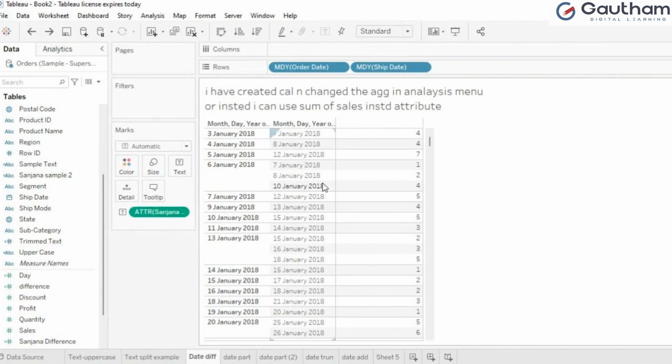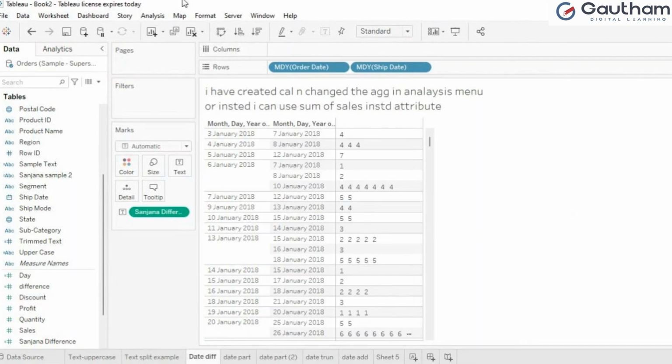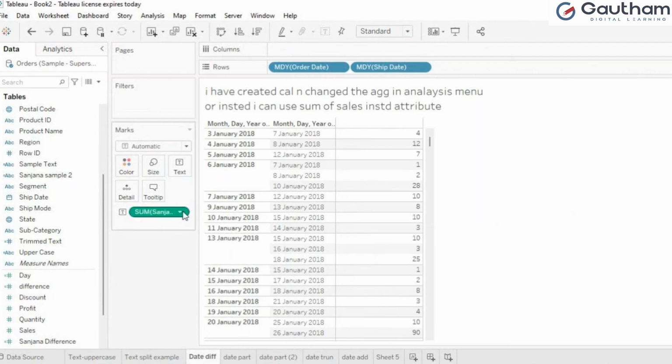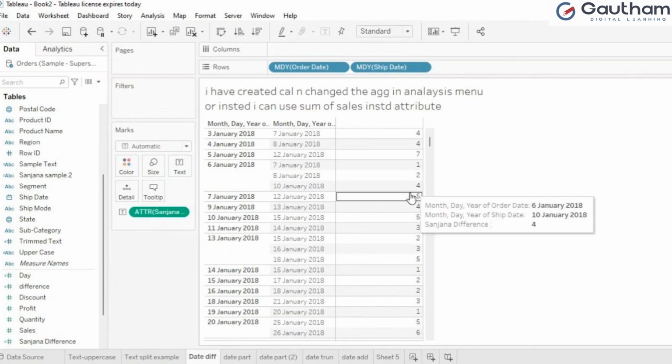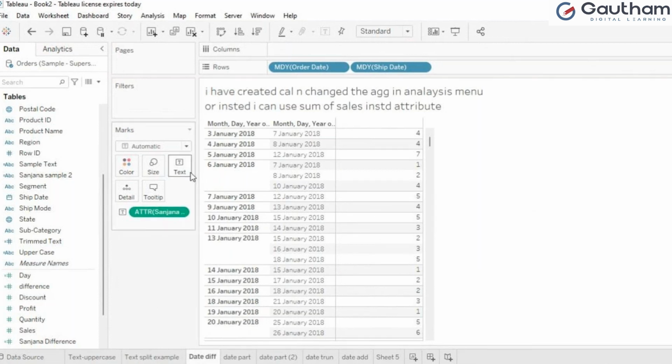That's it. How many are there? If you wanted to see how many orders have been shipped in that, you have to remove this attribute. To measure, you have to keep a measure only. Before it was a measure, no? Sum, and you have to unclick this, so that how many times it has been placed, it will come. If you want that as well, you just go, select that, and select here as an attribute. So a single one will come. Okay, only the date difference will come, and how many times it is there in the hidden one.